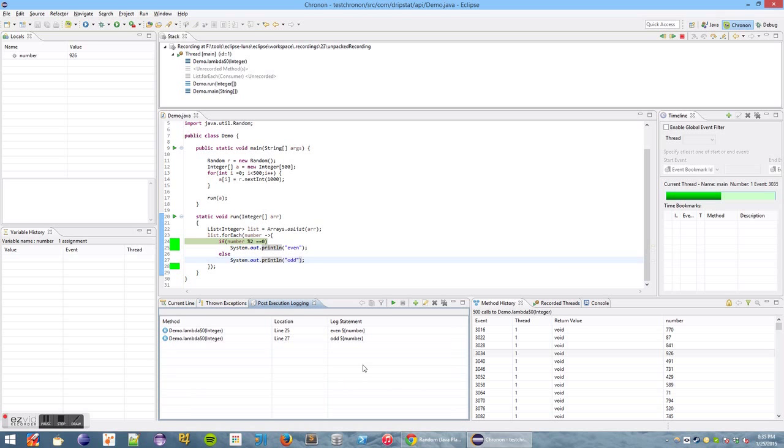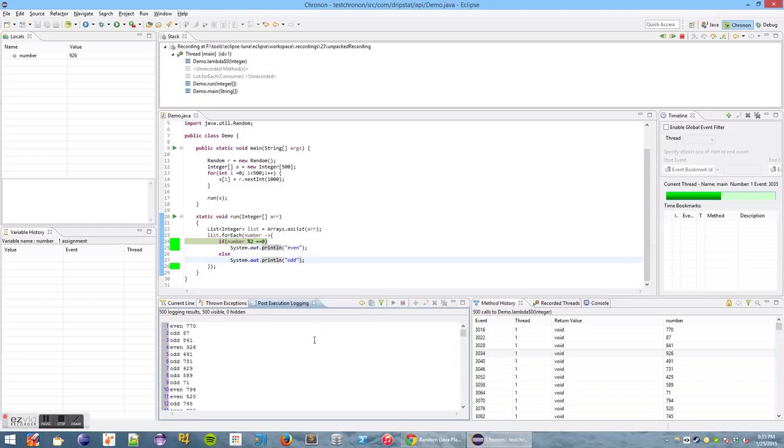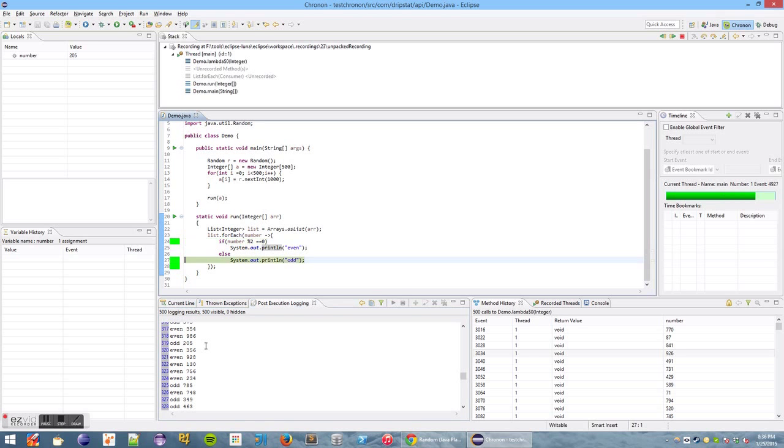Okay, and then when we hit run, it's as if the logging statement was present in the actual execution of the program. So we can see, okay, these were the evens and these were the odds, and of course I can click on any line of output and it'll take me exactly to the point in time instantly when this